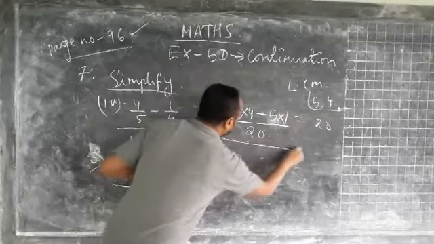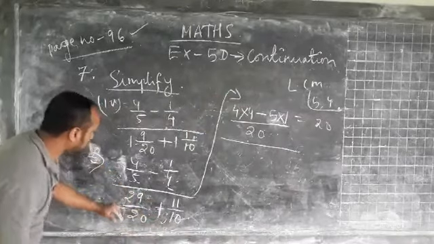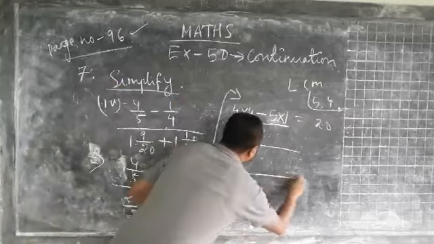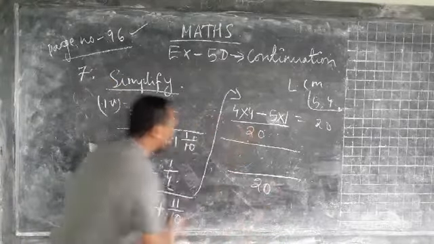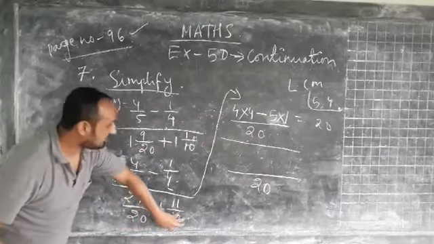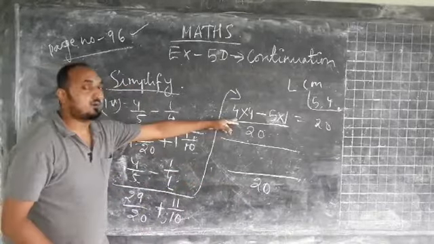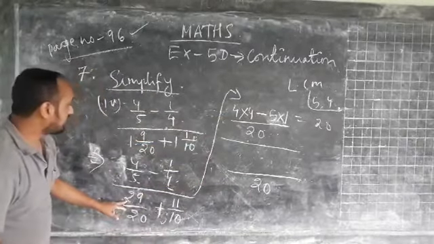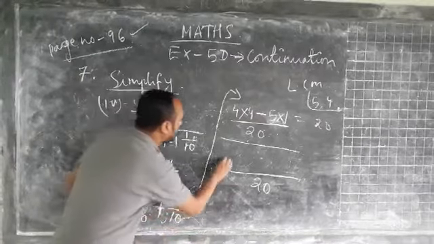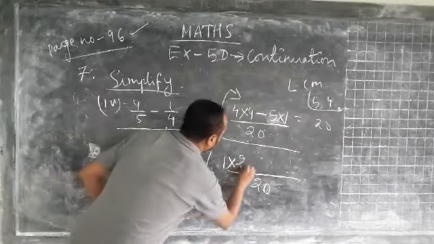So 1 divided by, similarly for the lower part we have to do the same. Here we have 20 and 10. So the LCM of this 20 and 10 will be 20. Once again, the LCM for this 20 and 10 we have 20. Now we will follow the same method as the upper one. So here we have 29. Now if you divide this 20 by 20, it will go one time into whatever we have in the numerator.